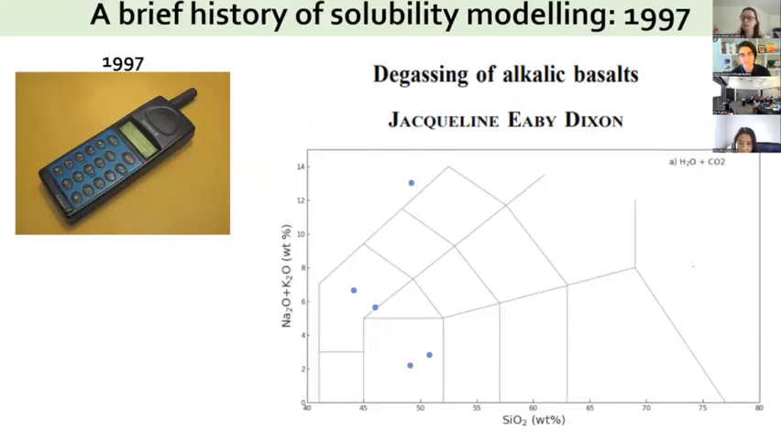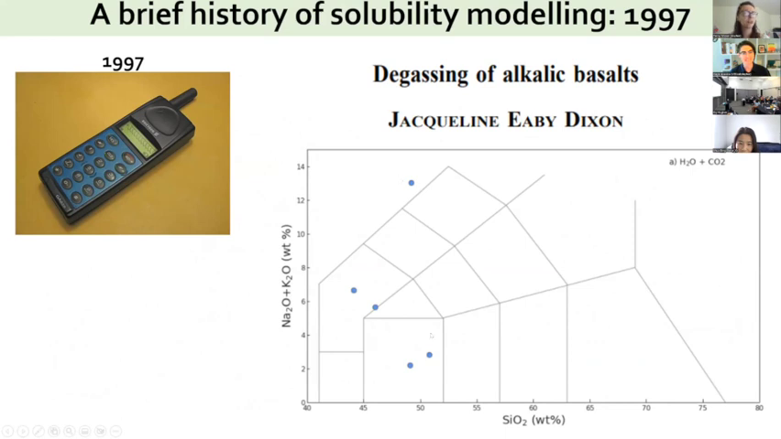So I'm going to go through the models in kind of chronological order, to show how technology has advanced, and with the tools we're using for these models, I'm showing the most popular cell phone the year the model was released. So in 1997, Jackie Dixon released her seminal work looking at the solubility of these 5